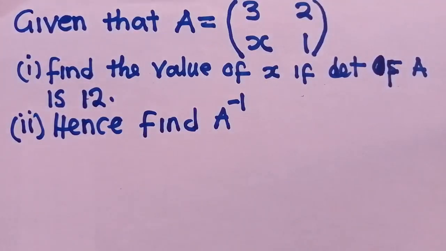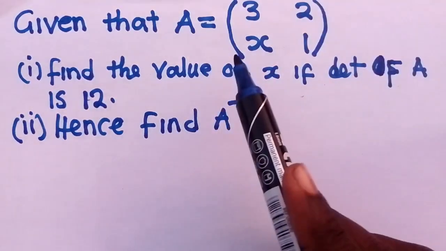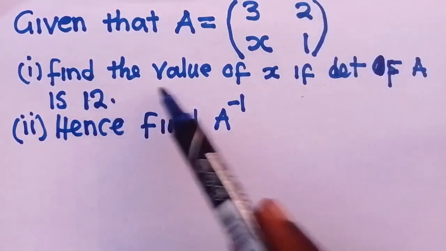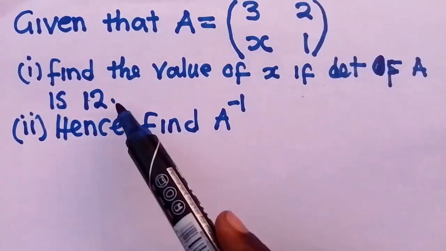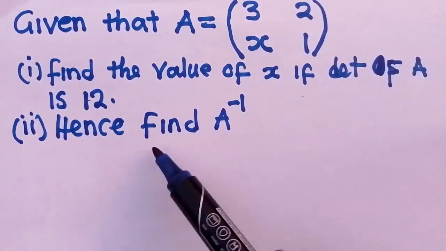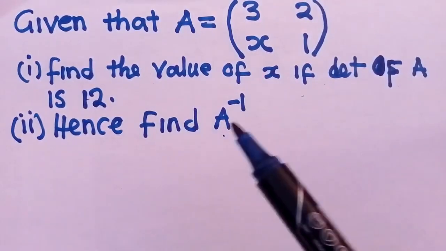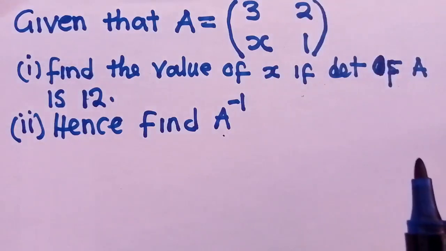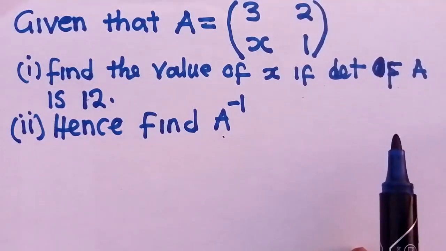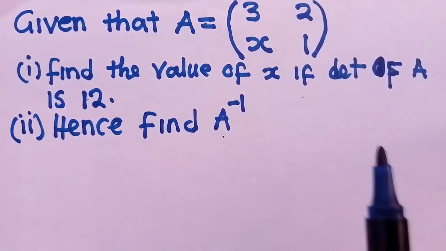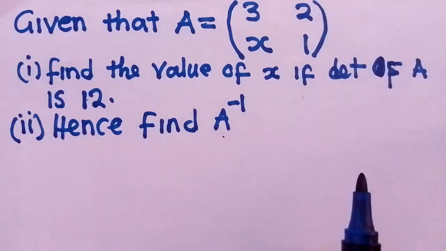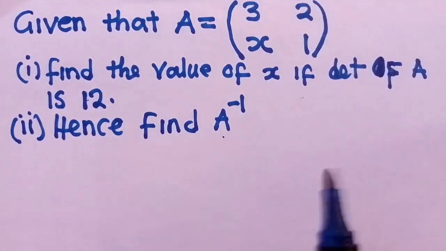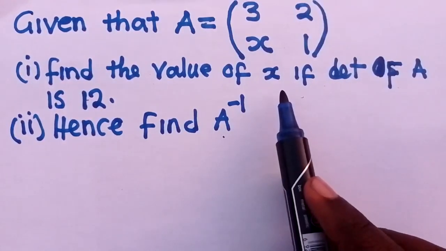It is saying that given that A is equal to 3, x, 2, 1. Find the value of x if the determinant of A is 12. Then, hence find A inverse. So you are told to find the inverse. How can we go about this question? How can we answer it? I'm going to show you the easiest way for you to go about this question. Finding the value of x, you are told to find the value of x. So you need to come up with the expression for the